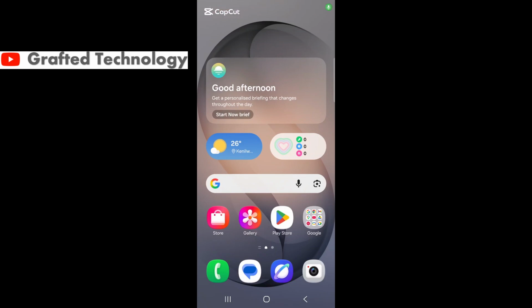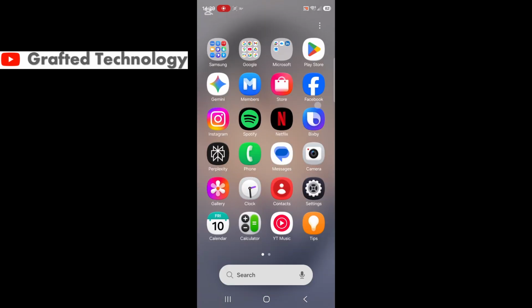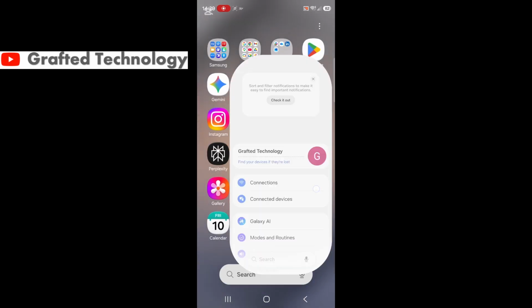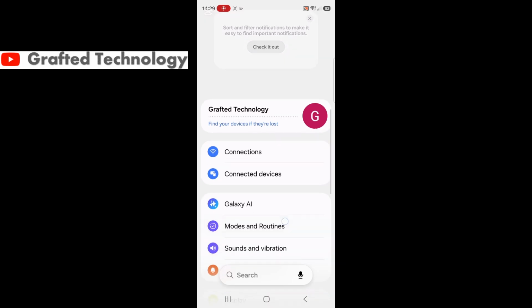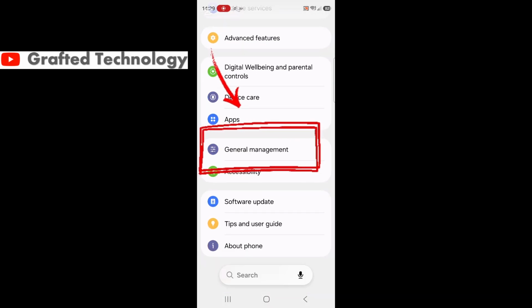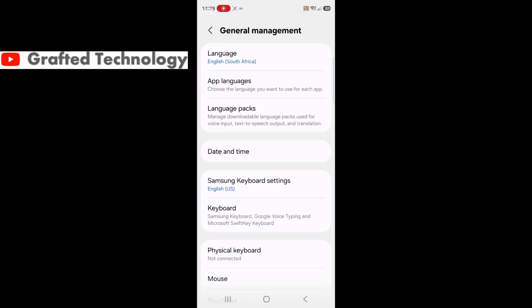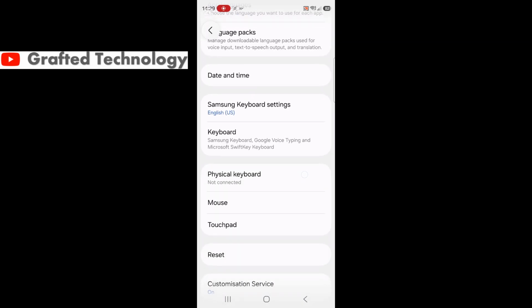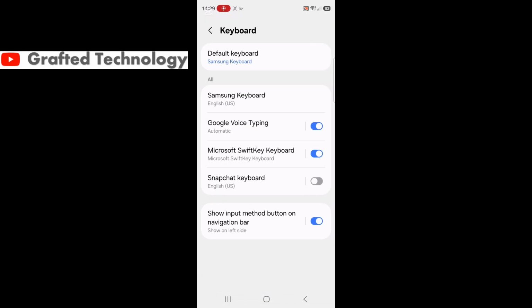To change the default keyboard on Samsung Galaxy S26 series, do this: swipe upwards, tap on settings, scroll all the way down, tap on general management. Now go down, you will see keyboard. Tap on the keyboard. At the top here,